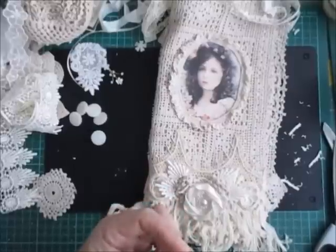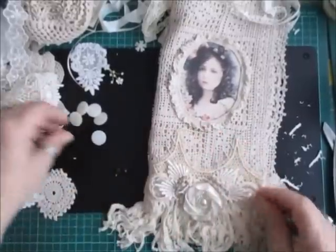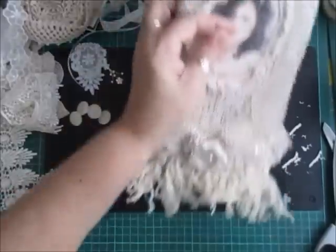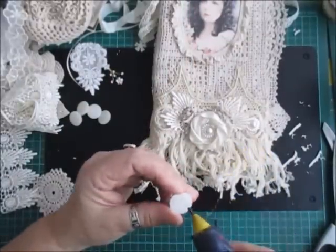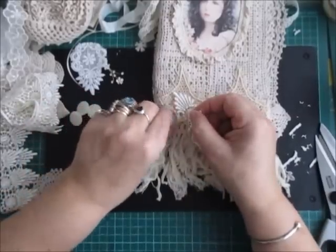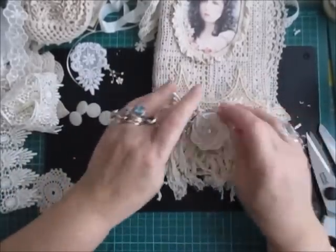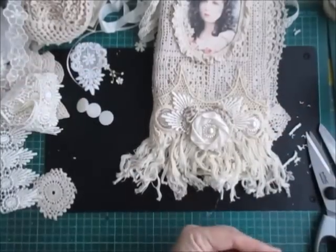And you know what? I am going to do that because they match the flower. I'm just going to pop those in the middle there. Hopefully you can see. Just in the middle. You can see the flower shape on the outside. And I think we'll pop on...